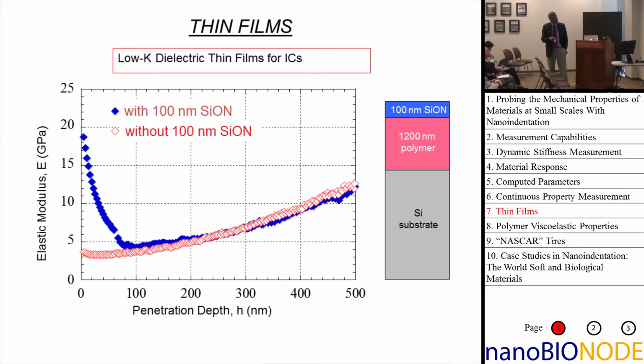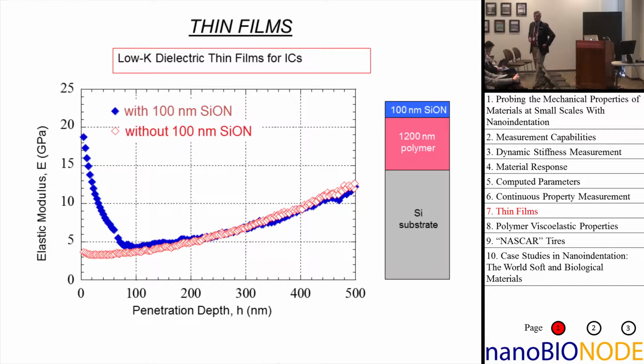Now you see this. This thing really has a high modulus. It's swinging down to this 100 nanometer mark, which is where you're starting to cut through that hard film. And then as you go on through, you see that you start to approach, to asymptotically go to whatever the polymer on the silicon substrate is doing. So this technique gives you the ability to go in and